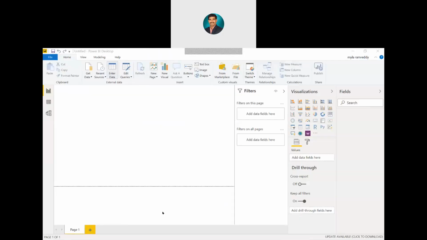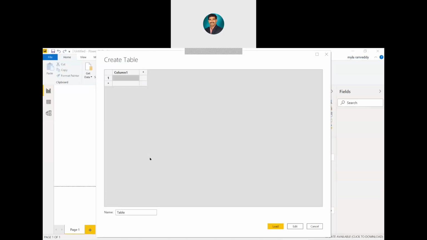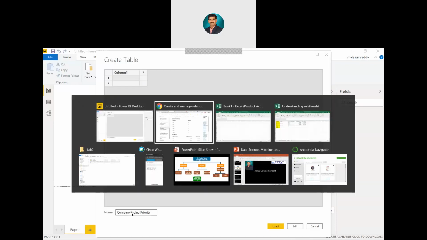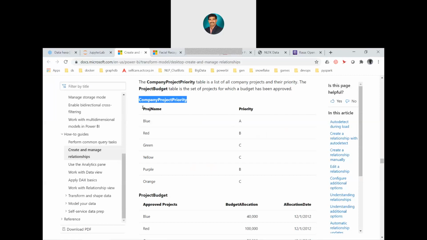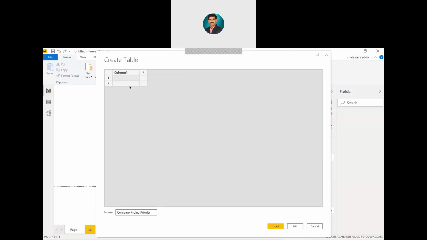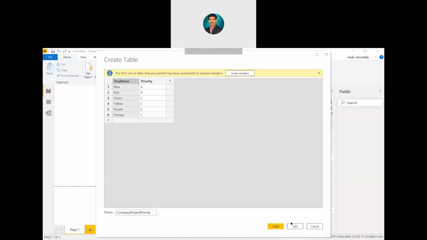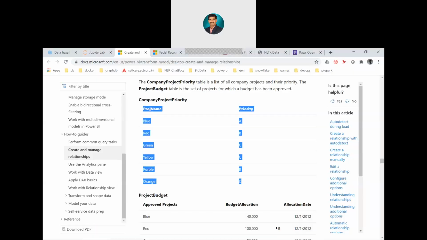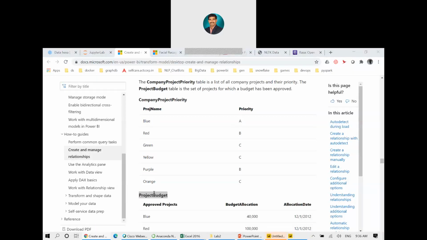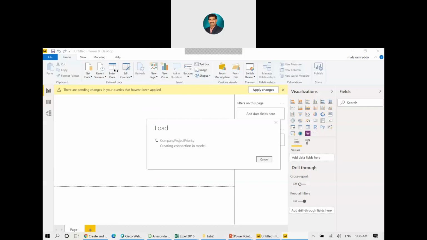Enter the data. Then we go for the table, which is known as company project priority. And this is the data we have. Now we paste it here. Then say load.